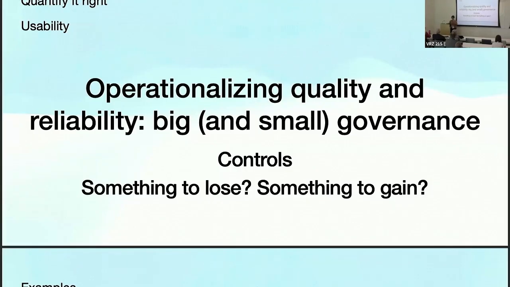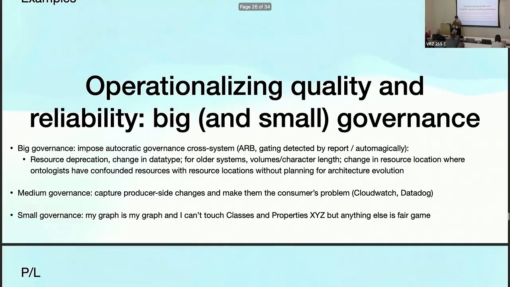Usually, when deciding what kinds of controls to impose, I think about the temperament of my organization. I'll do big governance examples in a second. When I'm in an industry that is risk averse, highly regulated, and legacy, so like a conservative organization, I do less governance or small governance. And here are some examples for you to read through. When I'm in an organization where move fast and break things is totally okay,